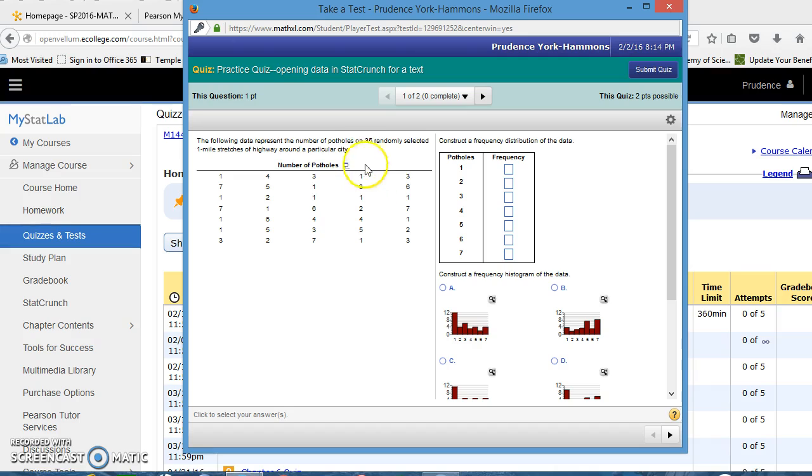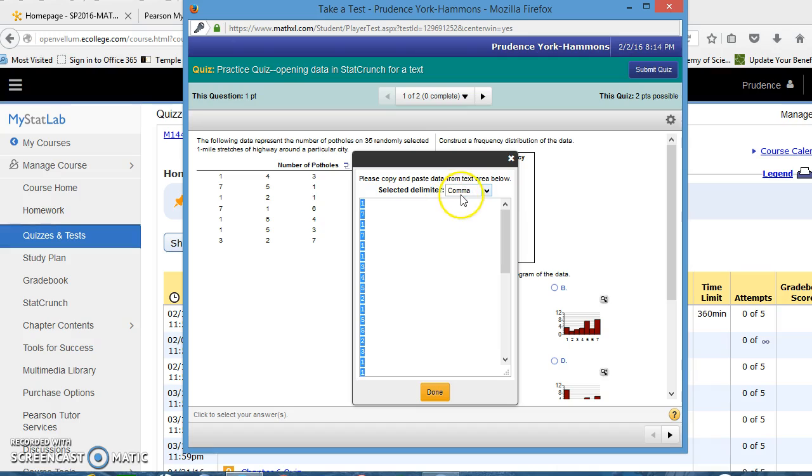Now, there is data here. There are 35 data elements in our set here, and we're going to want to construct a frequency distribution and a frequency histogram. But when I click on the little boxes, I don't have the option Open in StatCrunch available to me in either quizzes or tests. So I have to copy to clipboard. When you do that, you'll see that the comma delimiter pops up and all your data is in blue. If it's not in blue, then you need to click on the data and copy it. To copy the data, simply do Control-C